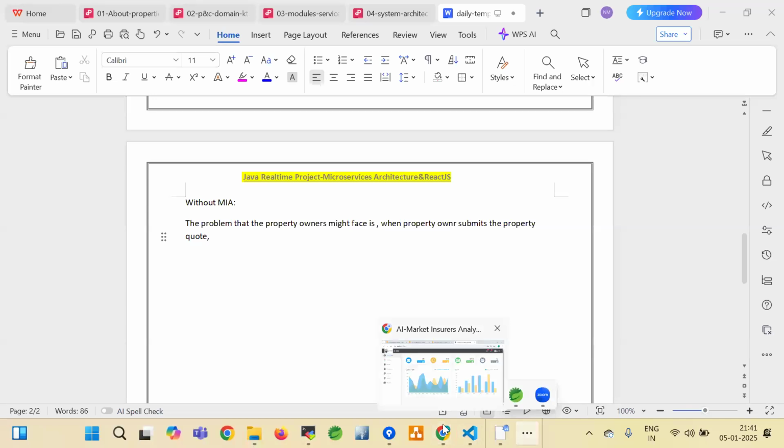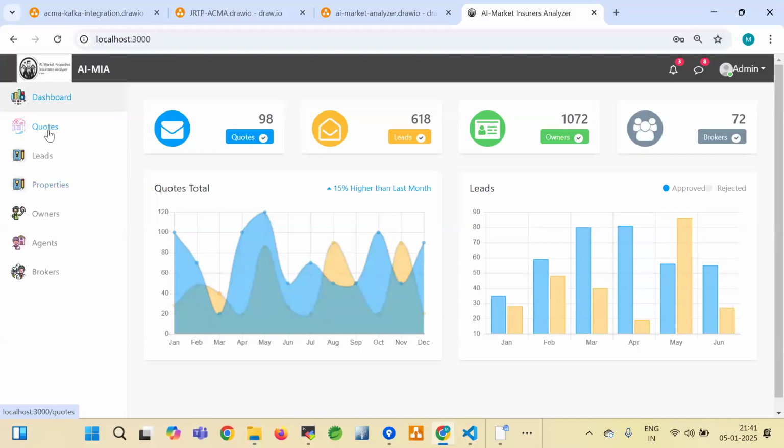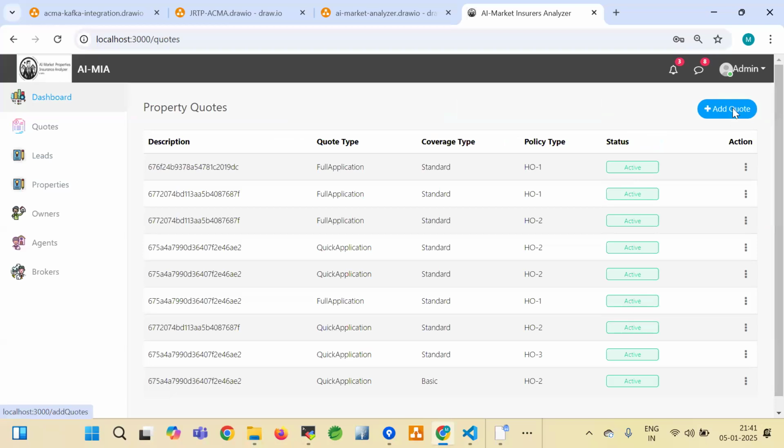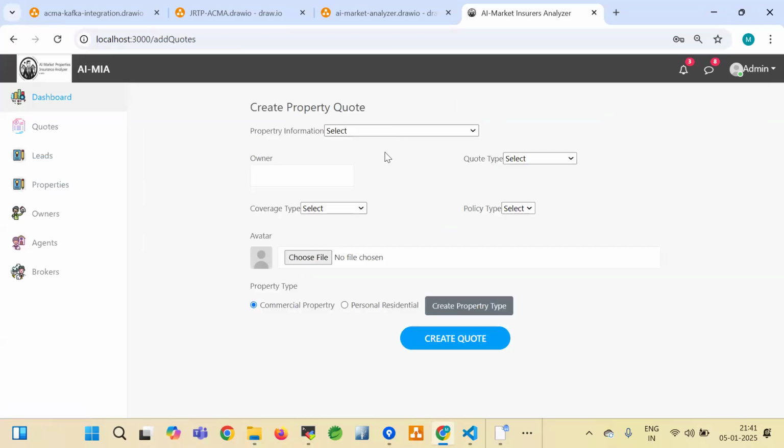So that's what is here, right? Let's say this is the property quotation. When the property owner is filling this quotation, what his property is, what his property type is, etc., and once he has filled in all this information and clicks on create quote, this quote will be sent to